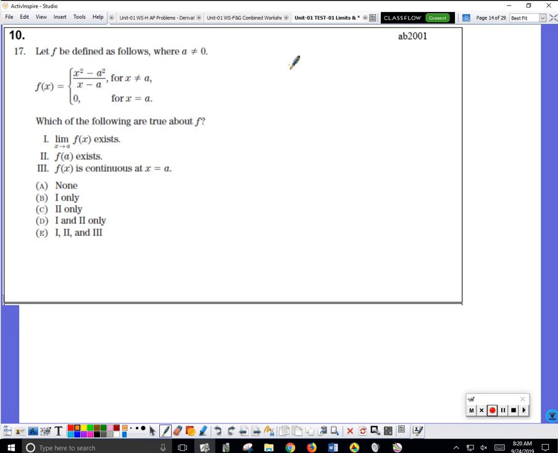So that's a difference of squares. So my new formula for f is going to look like this. Let's do a little scratch work first. The top is going to become x subtract a multiplied by x plus a. The bottom is already x subtract a. So if I write them as separate factors,